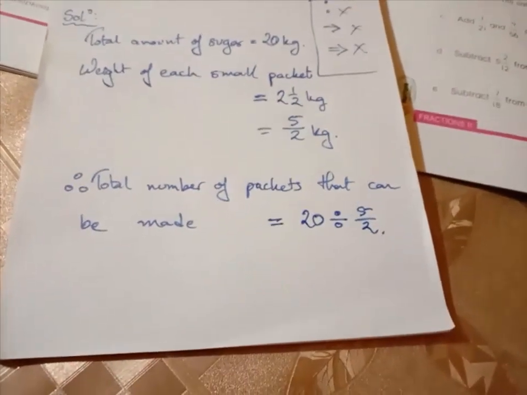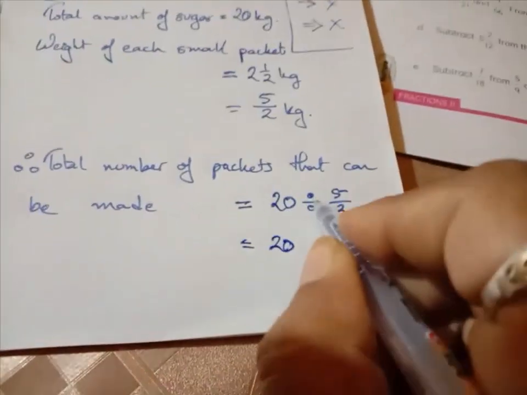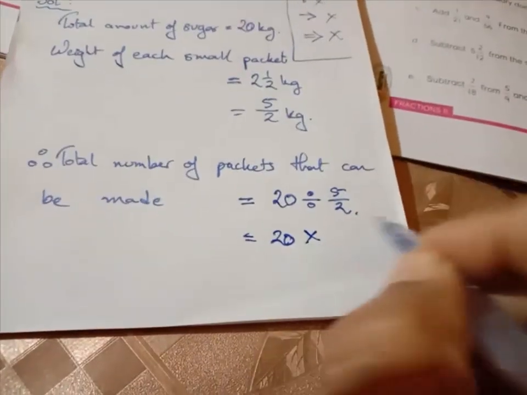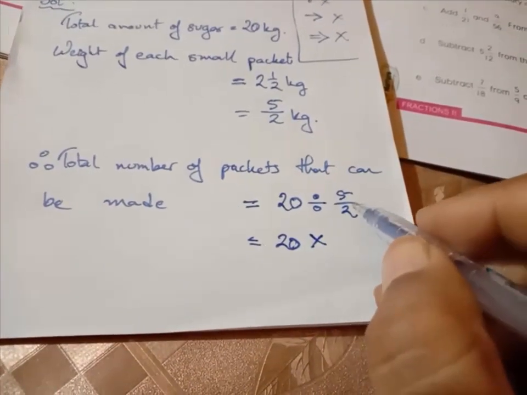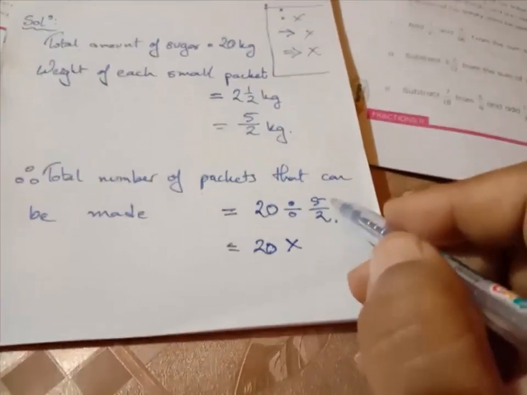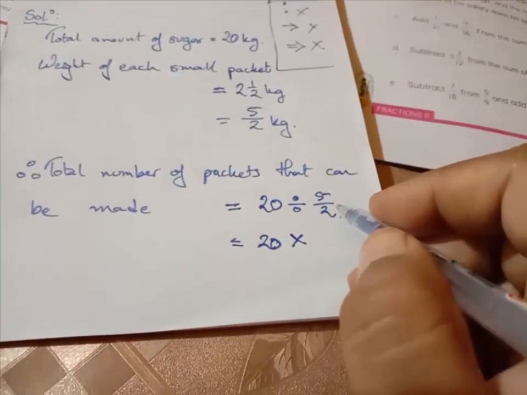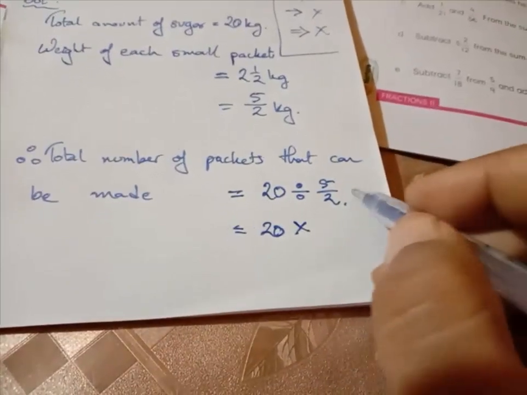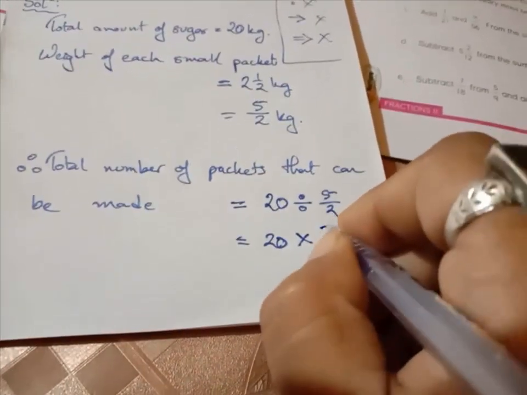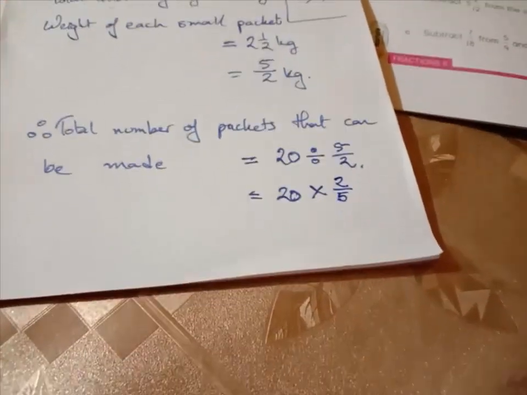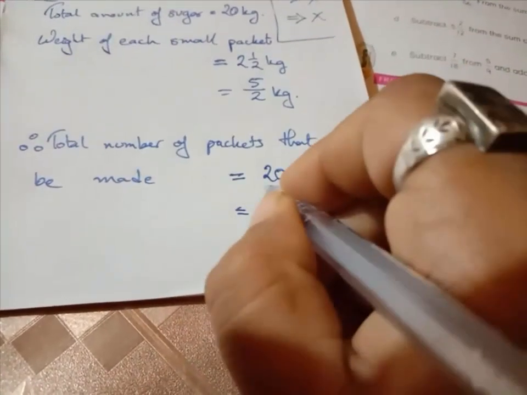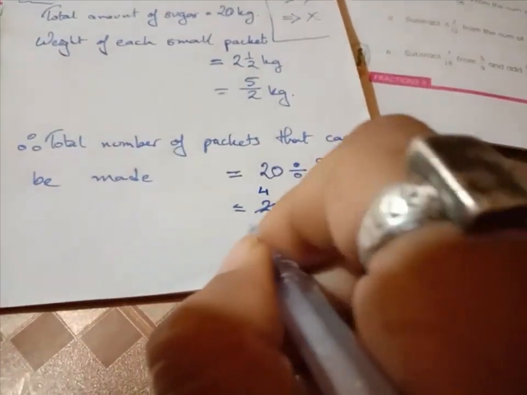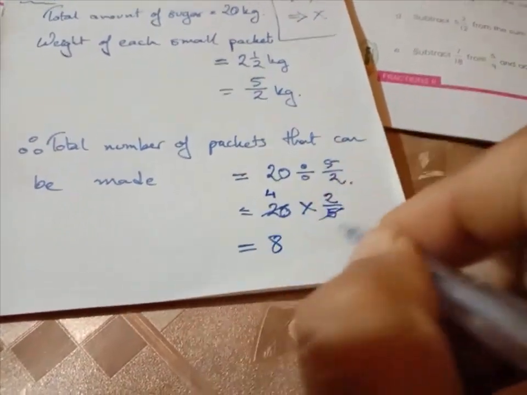Now in fraction division, what we do, we convert the division sign into a multiplication sign, and whatever is to the right hand side of the division sign, that gets reciprocated. So we will write the reciprocal of 5 by 2. That means reciprocal means numerator becomes denominator, denominator becomes numerator. That means it will be 2 by 5. Now 20 means 20 by 1. So this 5 cancels out 20 and 4 remains. So the answer will be 4 into 2, 8